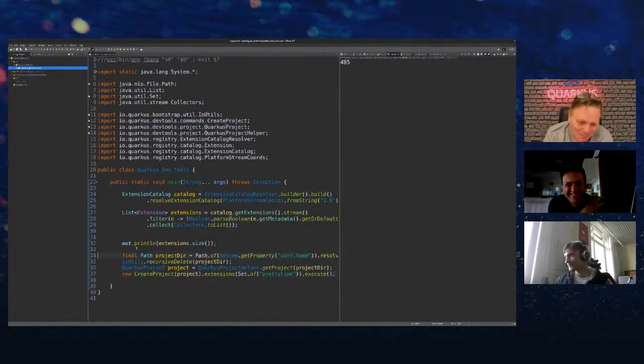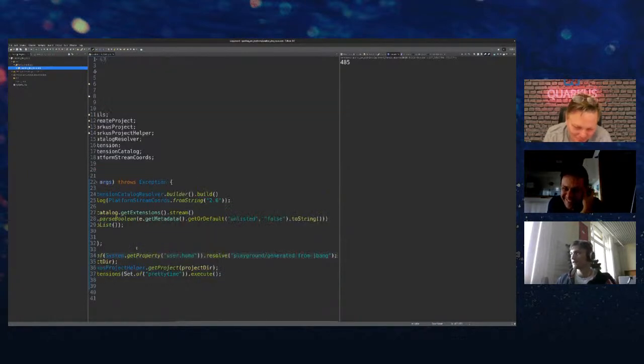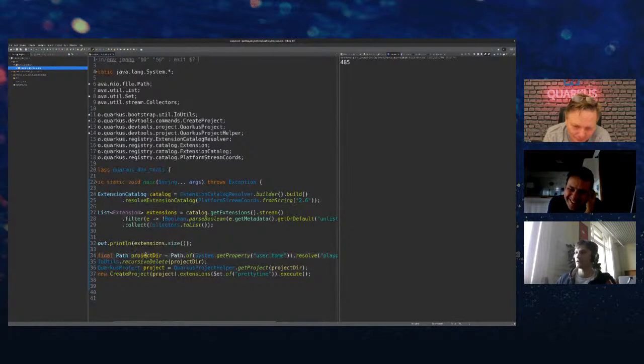So I just pasted some code. Basically, I'm selecting a project directory, making sure it's empty, and then creating a new Quarkus project with these extensions. So I selected pretty time. It could be anything, right? I could add,